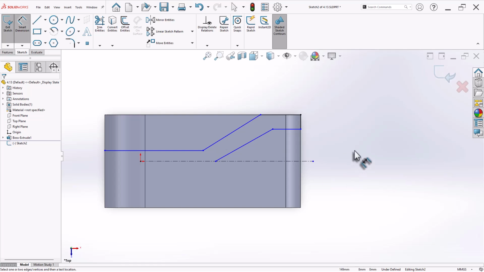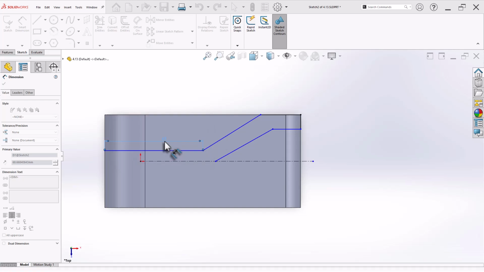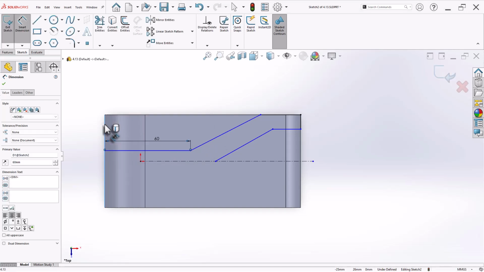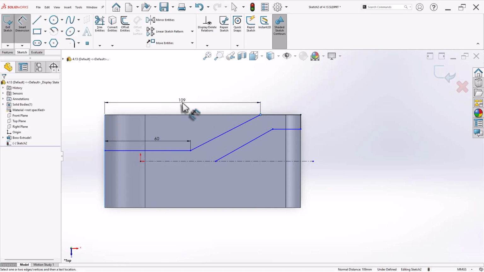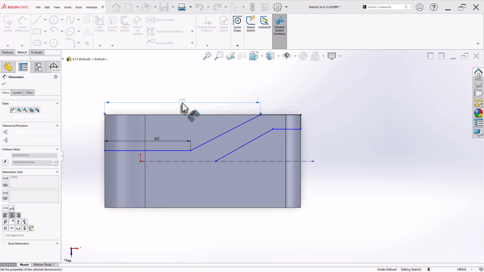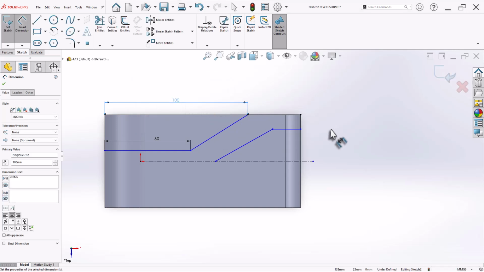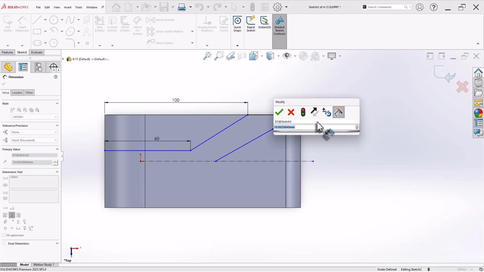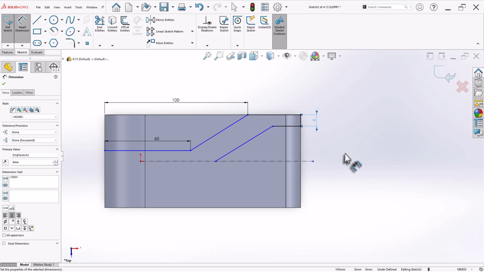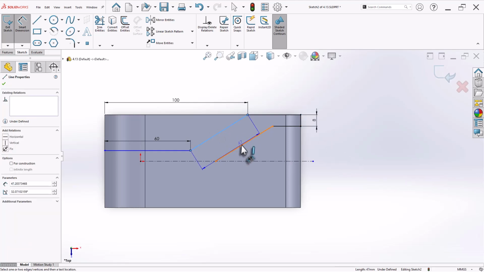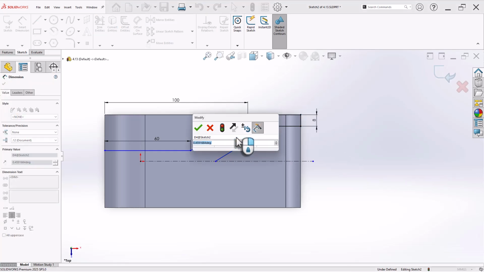Now let's add the dimensions. So this is 60. From here to here it is 100. This is typically 8 millimeter. And distance between these two it is also,